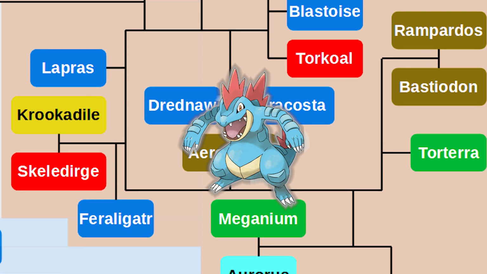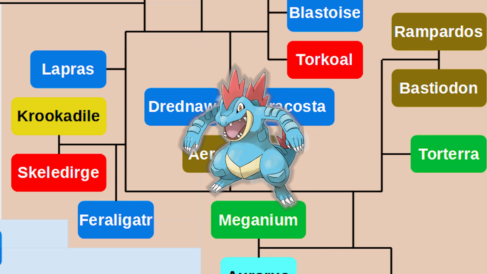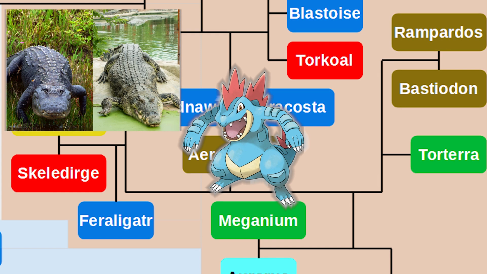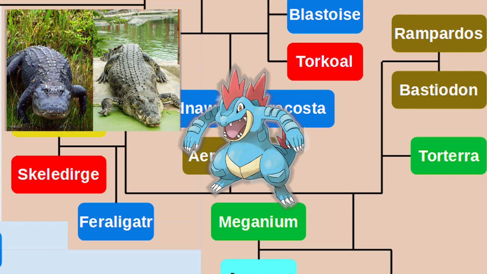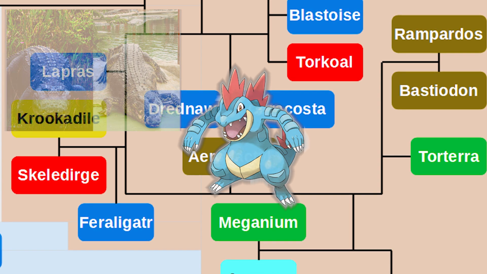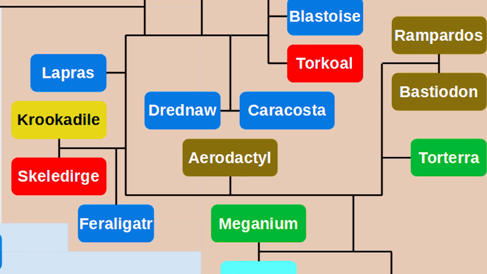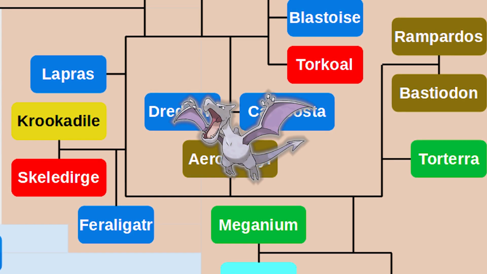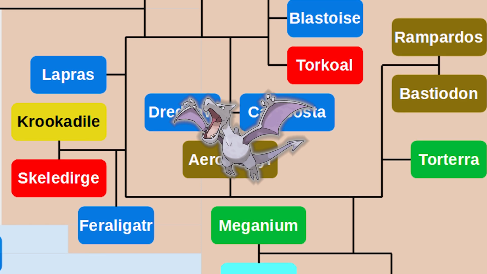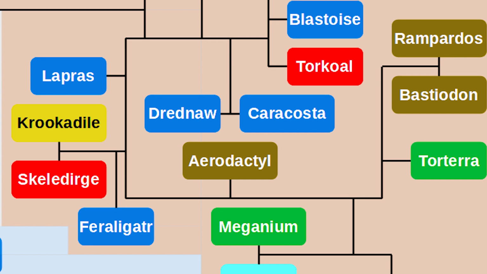Feraligatr shares a lot more in common with a crocodile than it does its namesake. For example, its large size, V-shaped snout, and separated toes are all traits of crocodiles, not of alligators. From here, we can see the first stages of airborne life on this side of the tree. Aerodactyl is obviously a pterodactyl and would fit in right here. After this, we move on to a type of dinosaur